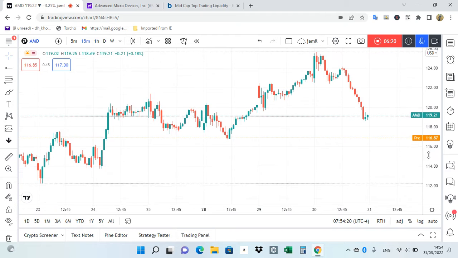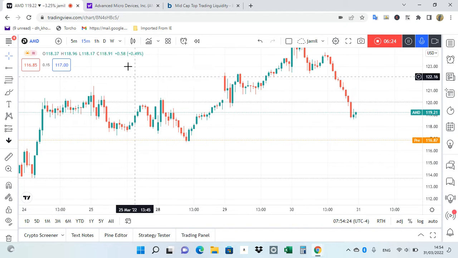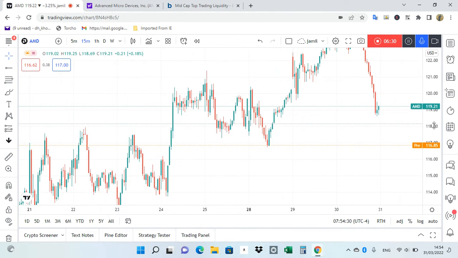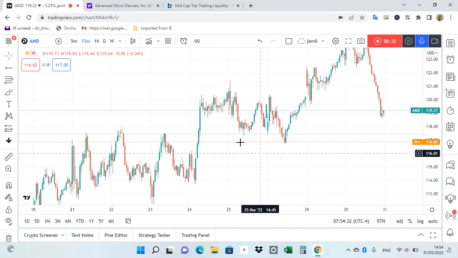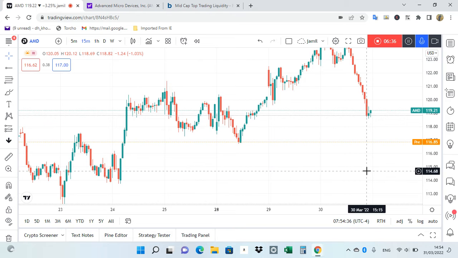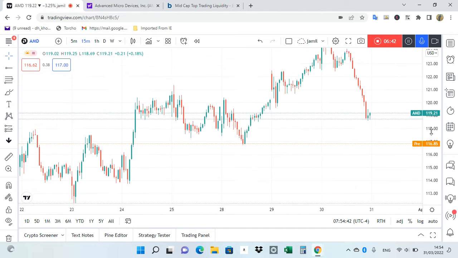Follow your own strategy on your analysis. Always try to understand the market. Always try to read the chart pattern. There are multiple indicators, as we see, and a lot of scanners, but always believe in the price. If you can understand why the price is moving in the longer run, you can make massive money. So now we are in Advanced Micro Devices.